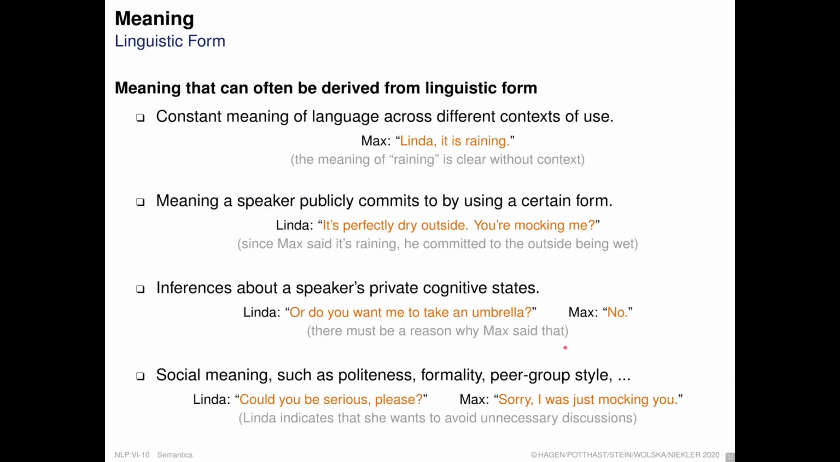There is an assumed reason that the interlocutor said that, because he's probably following some cooperative principles of conversation. So we interpret this initial statement as a suggestion. So not necessarily as a commitment to something, but as a suggestion. And there's also a so-called social meaning, something that may even differ across cultures or across groups or across